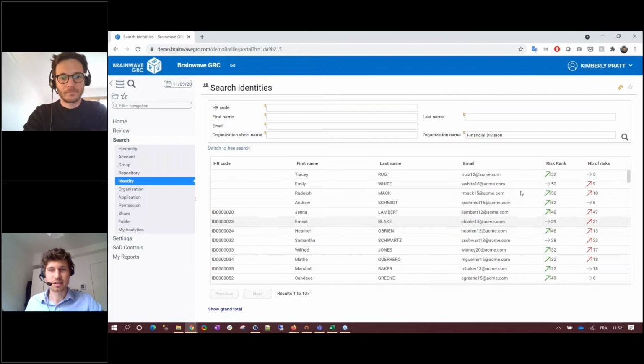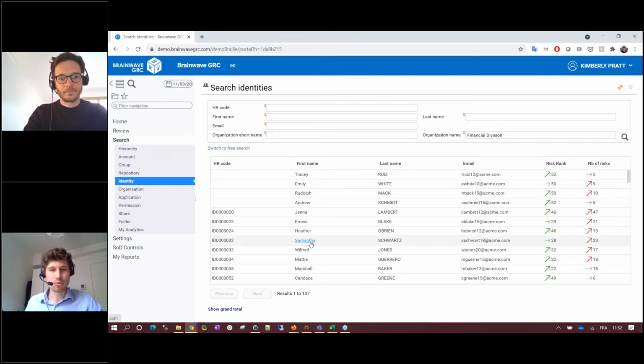And you can at least here notice that some of the people don't have any HR code. So it can be first here an issue about the data quality. So how can I manage those people into my IAM system without any HR code, unique HR code? So this is something I can work on with the HR division.